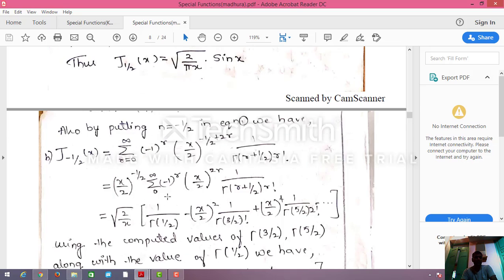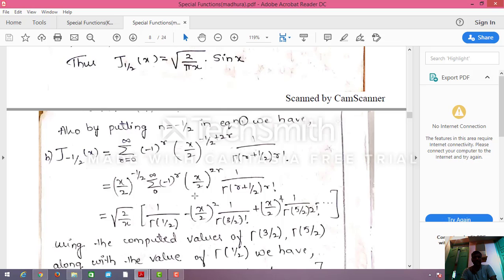Now I will give r equal to 0 first. If I give r equal to 0, (−1)^0, (x/2) whole power 0 is 1. Next 1 divided by, r is 0 means gamma of 1/2, 0 factorial is also 1. So 1 divided by gamma of 1/2. Next r equal to 1 if you give, (−1)^1 should be −1 only, −1. r equal to 1 means (x/2) whole square. 1 divided by, r equal to 1 means 1 + 1/2 is 3/2, gamma of 3/2 into 1 factorial. See here, gamma of 3/2, r factorial is 1 factorial, that is 1 only,